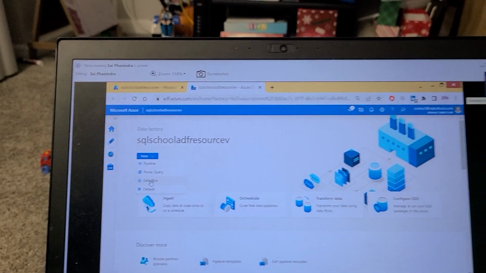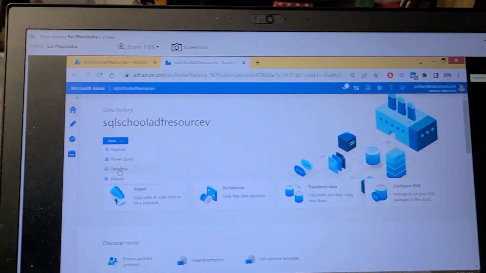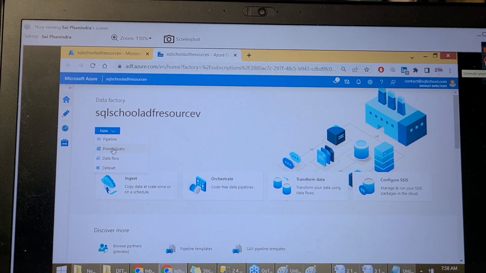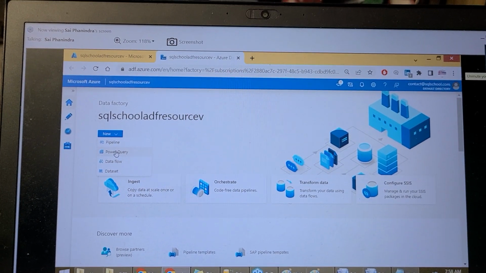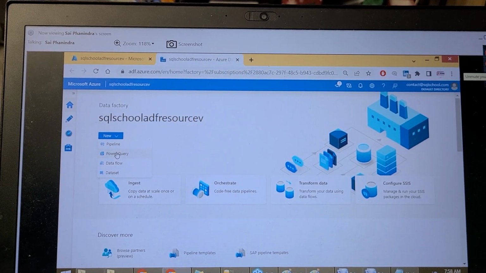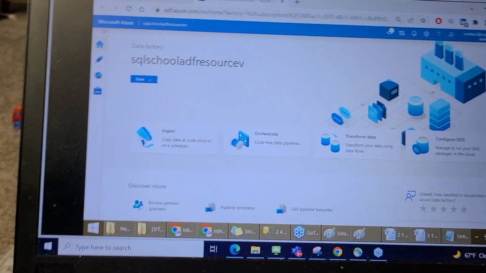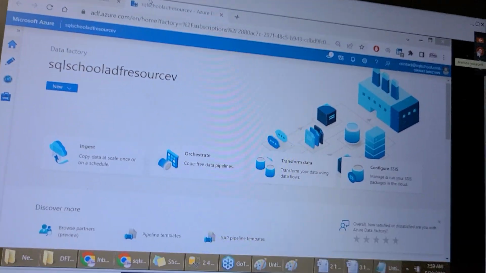Data flow, ETL, Power Query, ELT, extract, load and transform. We'll do it carefully. We'll stop here with this small interface. I'll mail you one